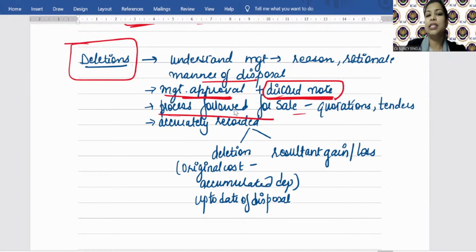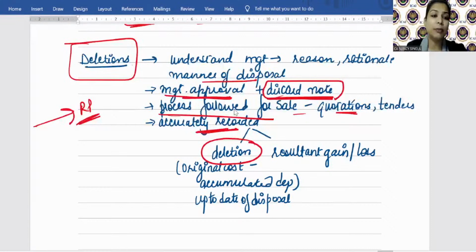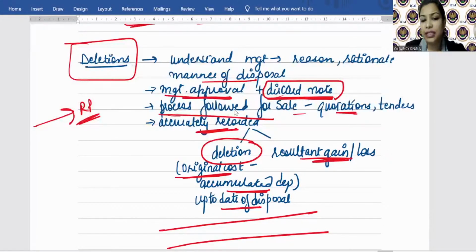सो दैट मस्ट बी हैविंग द रीजन एज टू व्हाई द सेम इज बीन रिमूव्ड, है ना. एंड वेदर द इंटरनल प्रोसेस इज देयर अगेन फॉर इनवाइटिंग द कोटेशंस, है ना. आप किसी को भी थोड़ी ना बेच दोगे. इट माइट हैपन दैट द कंपनी हैज सोल्ड द मशीनरी टू अ रिलेटेड पार्टी एट अ वेरी लेस प्राइस, व्हाई, है ना, और लेट्स से एट अ वेरी हाई प्राइस, व्हाई सो. ठीक है. एंड ऑडिटर विल सी वेदर द कंपनी हैज एक्यूरेटली रिकॉर्डेड द डिलीशन. अब डिलीशन किस अमाउंट पे आपका आएगा, ओरिजिनल कॉस्ट माइनस द एक्यूमुलेटेड डेप्रिसिएशन अप टू द डेट ऑफ डिस्पोजल एंड द करस्पॉन्डिंग the resultant gain on or loss on the sale of that asset, whether that has been appropriately accounted for in the books of account or not. ठीक है, सिंपल है ना.